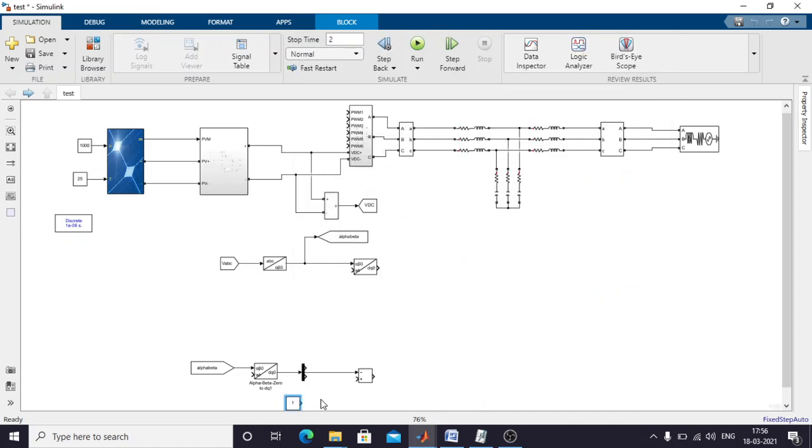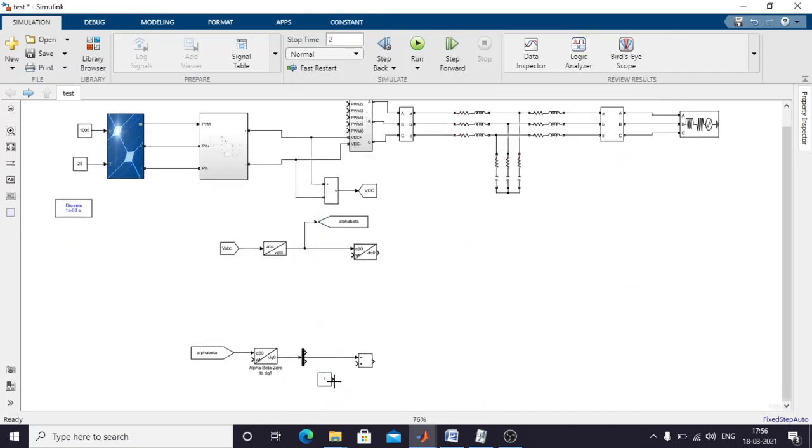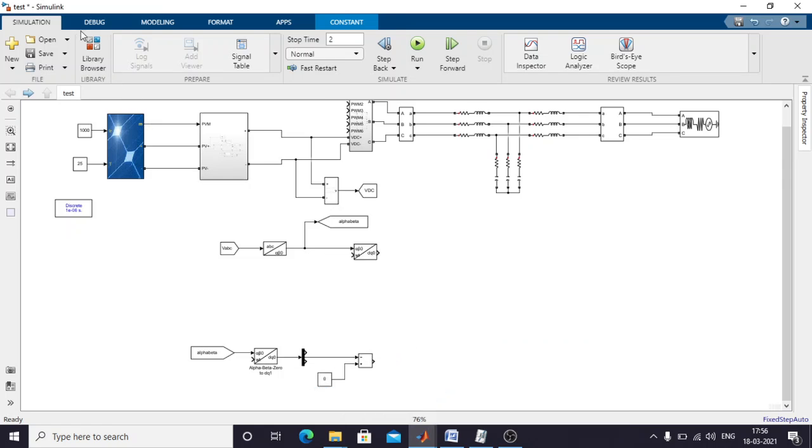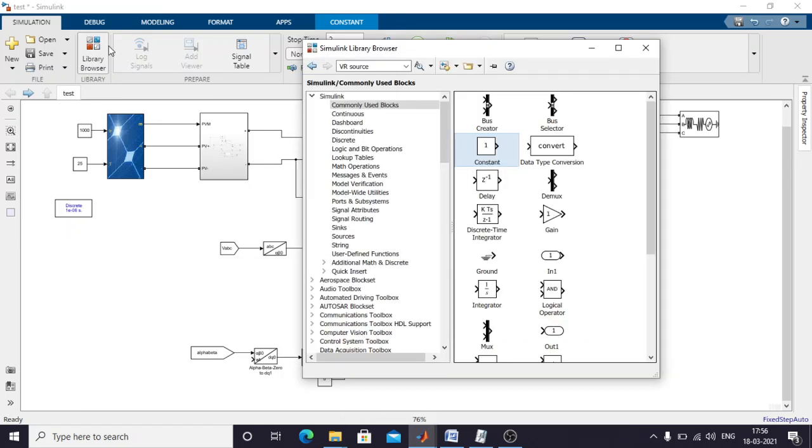Connected with the 0. After that you have to use a PI controller,